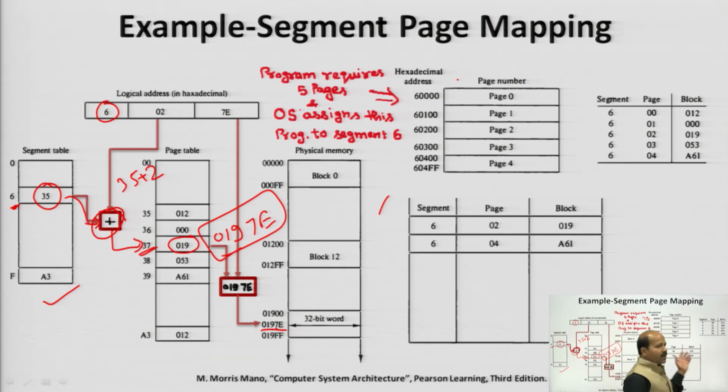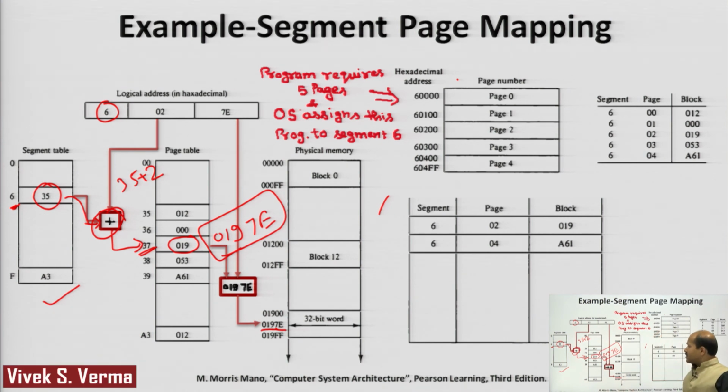So this way we can understand the management of the hardware system for segment page mapping. We can understand that it is used for dynamic programming, and multiple programs can be stored. Here in this case, the segment size may have different length or different capacity. So the size or the length of each segment may vary, it depends. This way we can implement the segment page mapping.